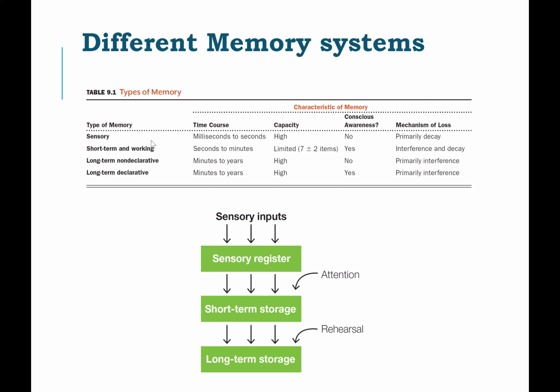Now, when it goes to short-term memory, this is when you are actually able to repeat it. I'll use the example of the phone number. Let's say somebody calls you and says, okay, call me back at this number, right? Now you hear the number, initially it's sensory memory, and then you try to write down that number, right?